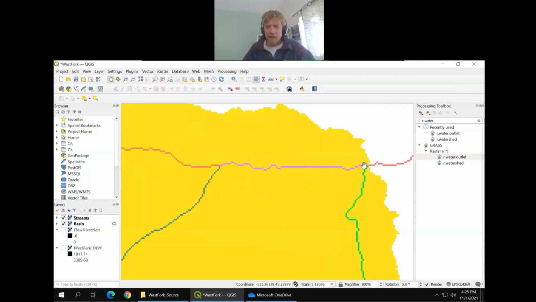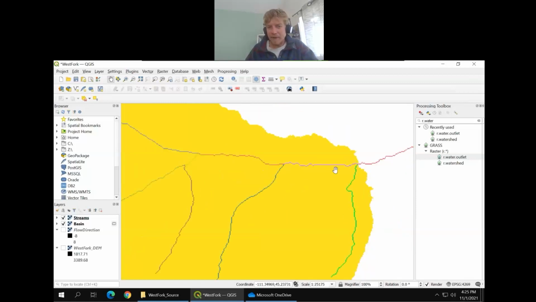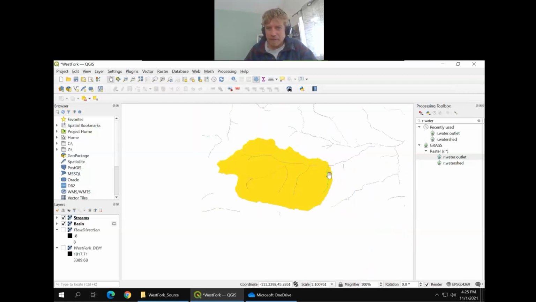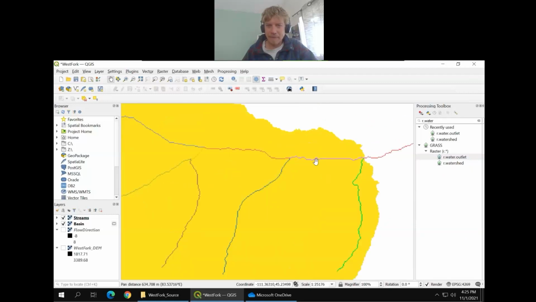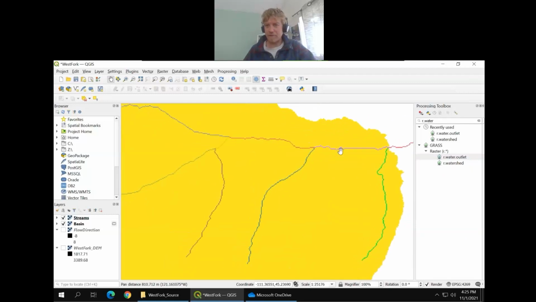imagine we're studying water quality along, I think this is the middle fork of the west fork of the Gallatin. I don't know, surely they could find some rich people to name them after, but they haven't done that yet. So if you're studying water quality along this stream here, you might want to know why the water